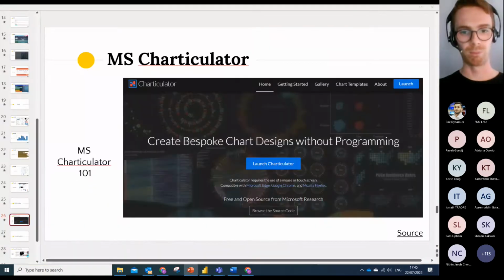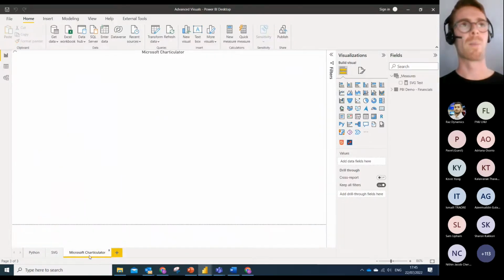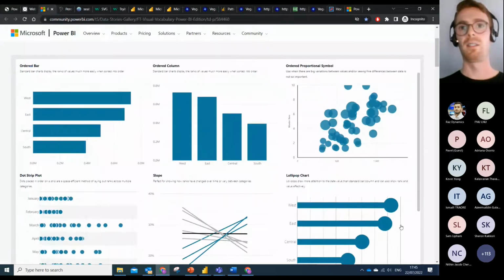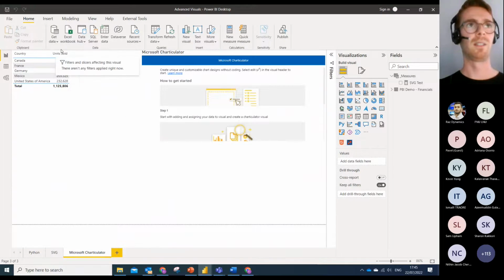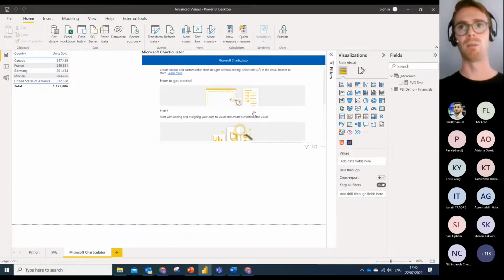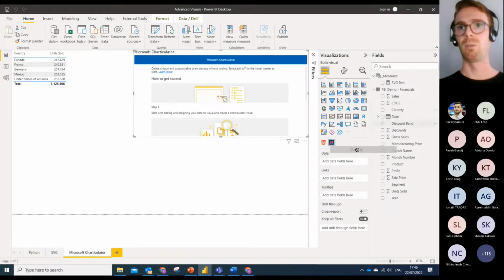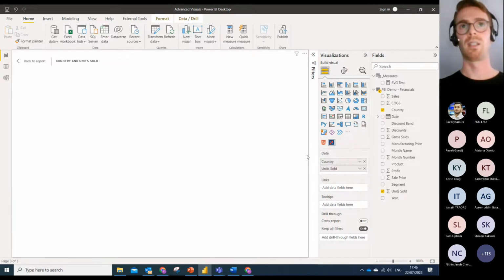And I want to go to here, Microsoft Charticulator. And I'll be trying to generate a very simple chart that looks like this, a lollipop chart, using this very simple data. So I have sales by country, and I'm going to try to replicate that in here. So the first thing you'll want to do is to add the data to the visual so that it becomes available for us to work with. So I want country and I want units sold. And then if I edit,